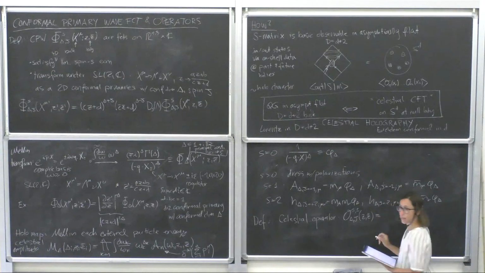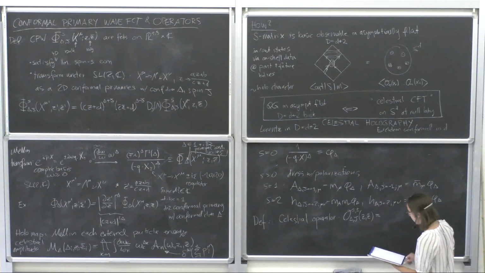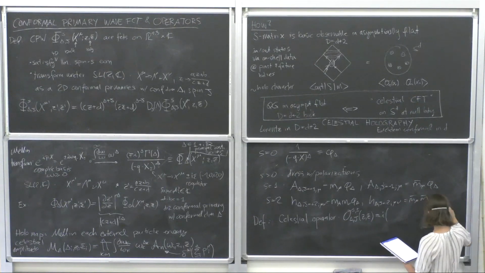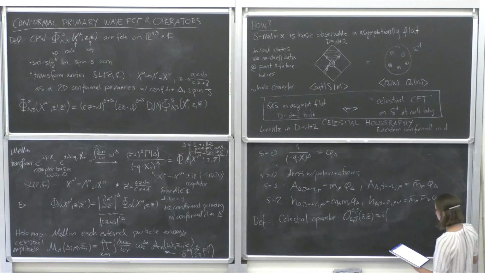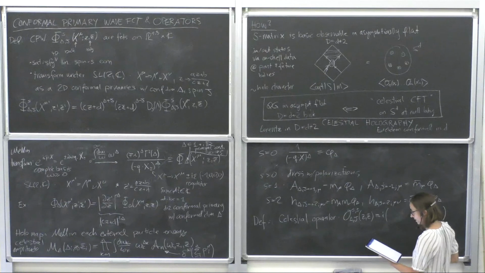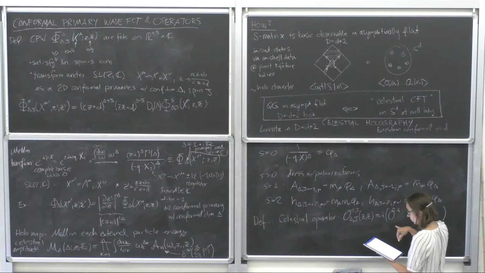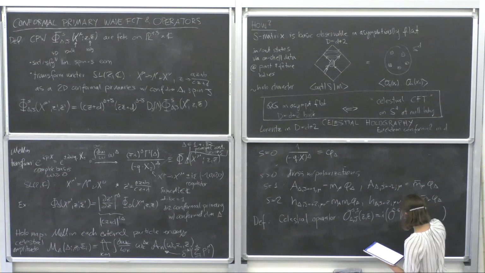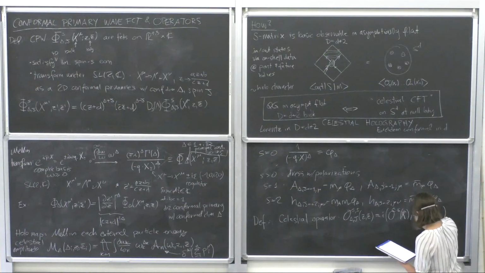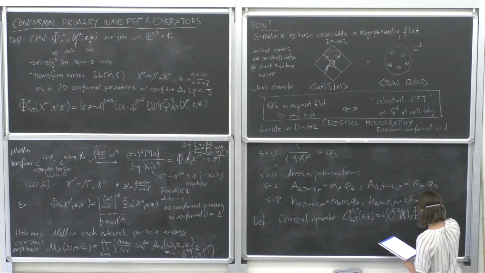And this is now in reply to one of the questions. The way that I define it is by using an inner product. I denote this inner product by these brackets here. This inner product will be defined on some Cauchy slice that I then take to the boundary, so that I can define an operator at future or past null infinity. What goes in here is a bulk operator, let me call it O hat, that depends only on this bulk point, and is a bulk operator in the Heisenberg picture. And then in this inner product, what shows up here are these conformal primary wave functions that I just defined.